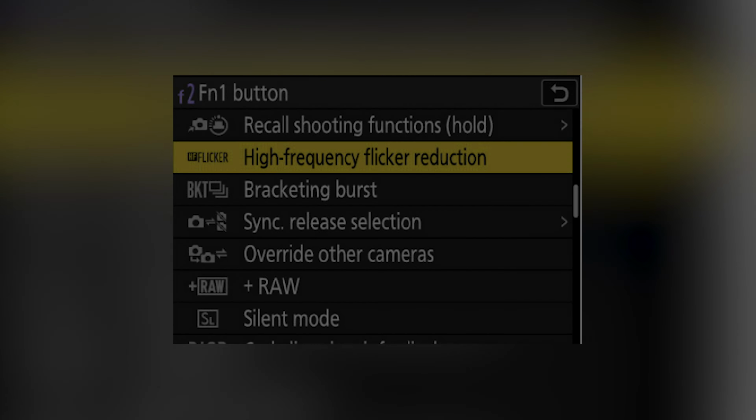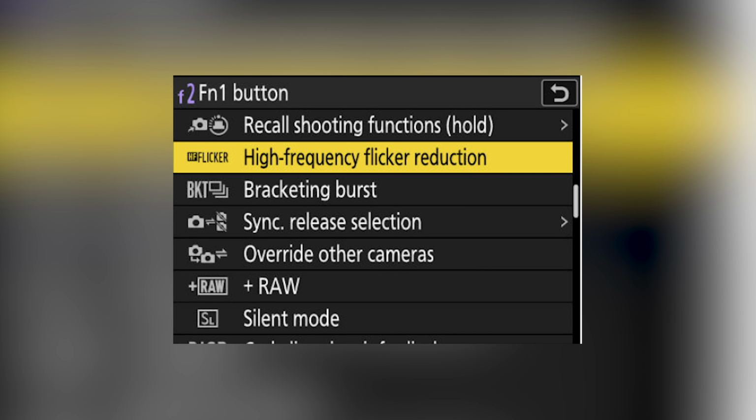The next new feature that's been added is a high frequency flicker reduction setting. What this does is allow you to configure the frequency so that you don't get flickering based on the light source that you're using. There are 4 settings that come as a default. If you want to add this to one of your function buttons, you go to the F2 custom controls menu and select high frequency flicker reduction. That will then allow you to use one of the buttons on your camera to toggle this feature on and